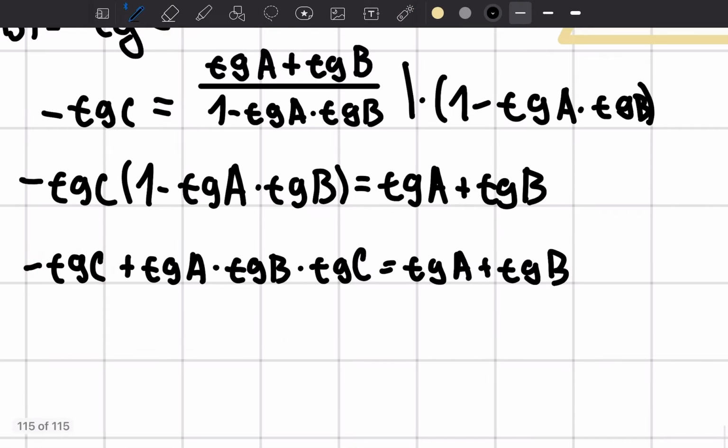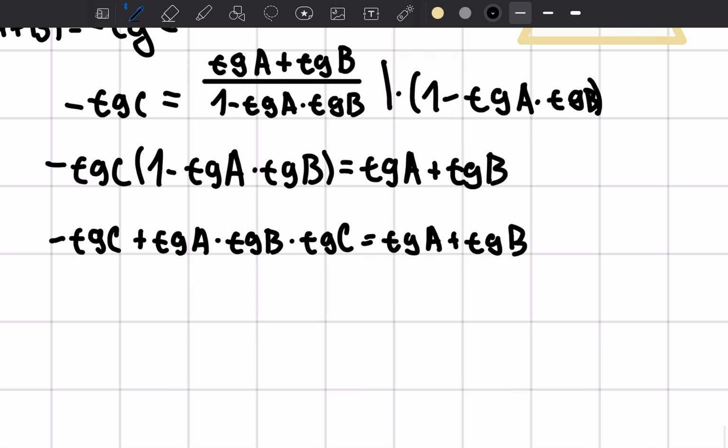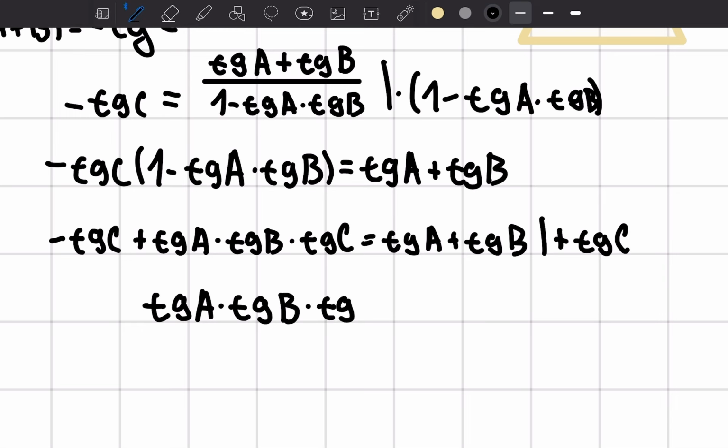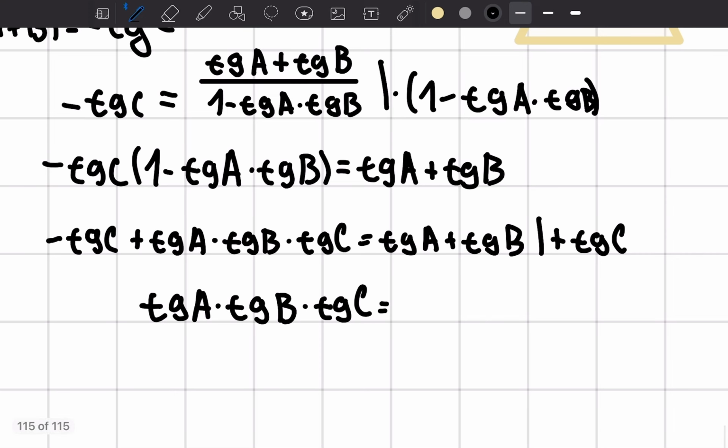And how am I going to do that? Well, that's easy. See? So minus tangent of C plus tangent of C, that is going to be a 0. I'm not going to write it anymore. So I'm left with this. And on the right hand side, I'm left with